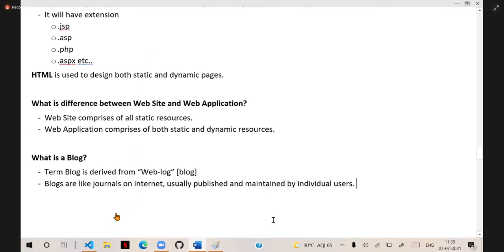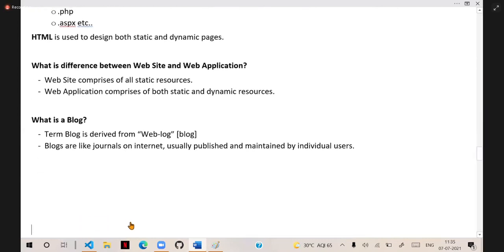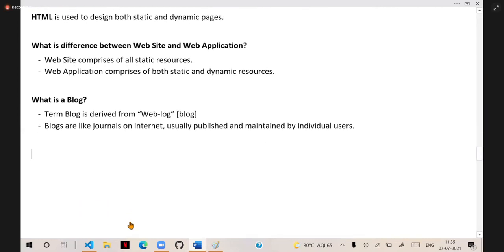I will tell you one simple example. What is a blog? Suppose you want to join a course at Naresh IT, related to certain software technology.